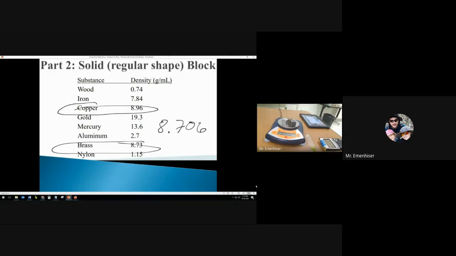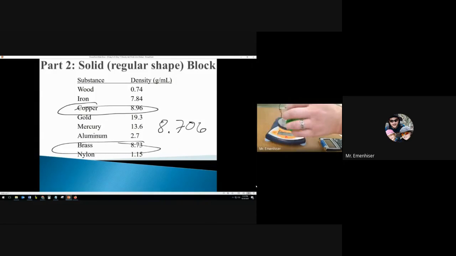And then we've got wood. And this is a block of iron. So these are just different blocks that we could have measured. I just picked one at random. And then here's another wood. Okay. I think now what I'm going to do is I'm going to take the blocks and put them in the